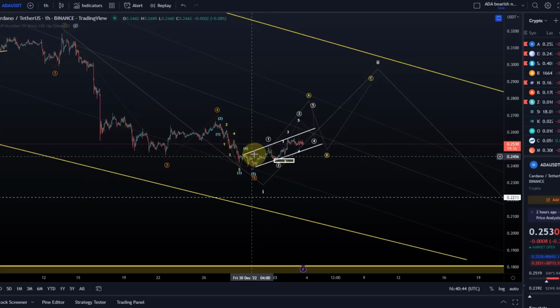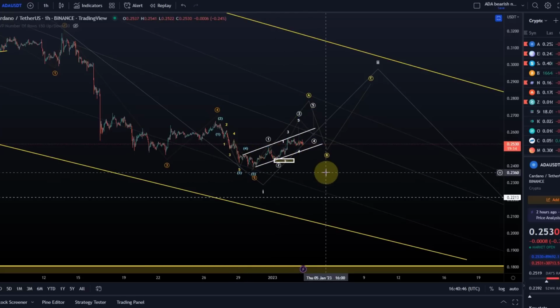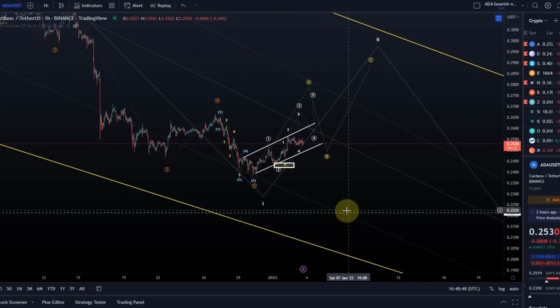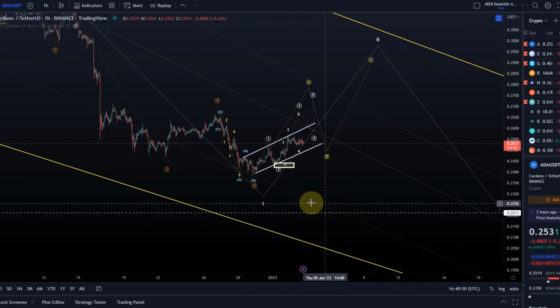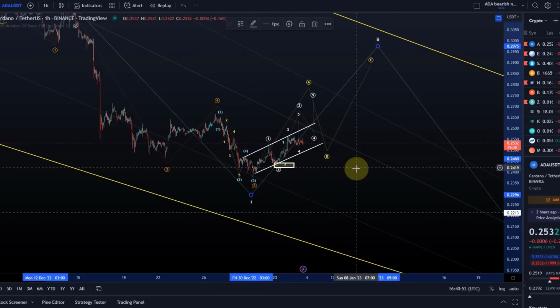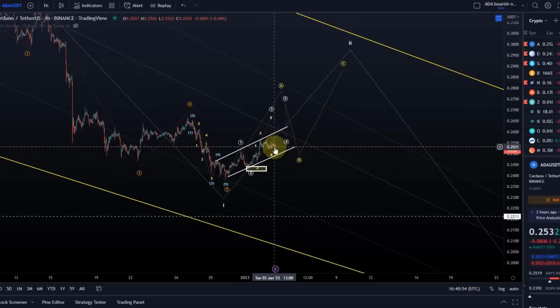The lower time frame counts, as you know, they have to be flexible, they are fragile, whereas the higher time frame counts typically only rarely change, really. But yeah, this is where we are still. So still waiting ideally for another move up. A break above the price channel here to the upside would indicate that we are in some kind of an impulsive pattern. But at the moment, we are guided by the channel.